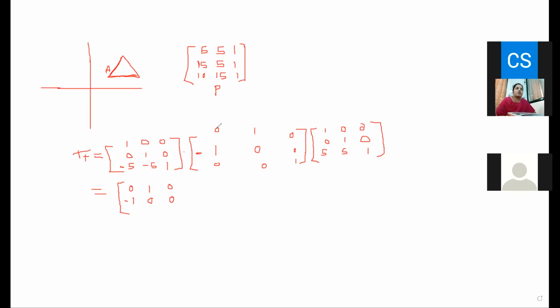Then third row, first column. So -5 into 0, this minus minus becomes plus. So it will be 5 and 0. Then this row and second column is -5. Remaining all things as it is. Okay. And 1 into 1 last element. So I will have the third matrix as